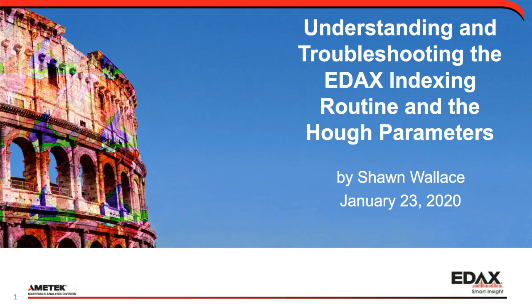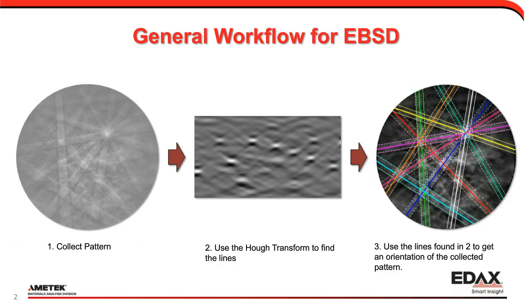So the basics of the EDAX routine is this general basic workflow, right? First step is you collect the patterns. The second step is you use this magical Hough Transform to find the lines. And then, of course, those lines found in part 2 are then used from the indexing routine to actually get the orientation from that. And again, from step 1, 2 to 3 there, for some people it's a little bit more of a black box